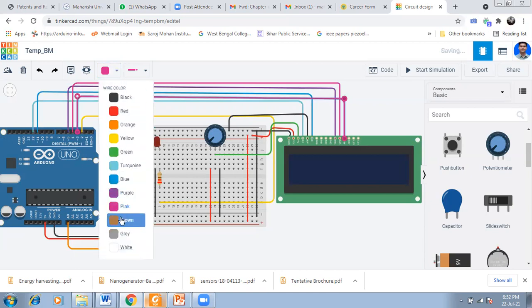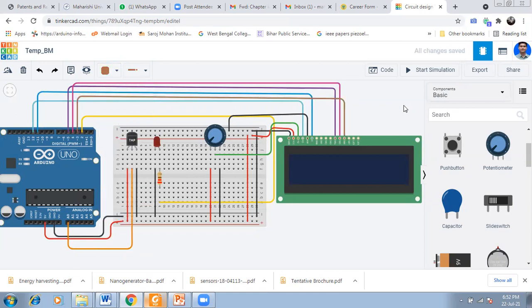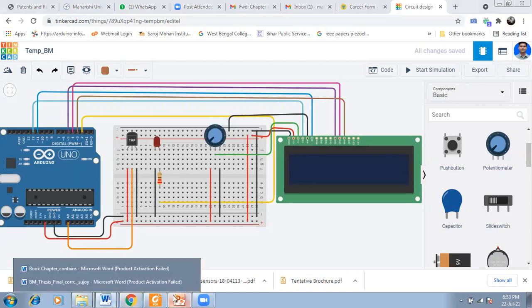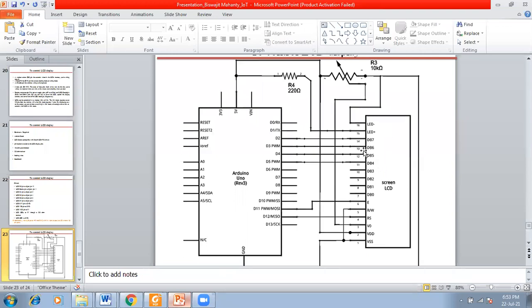Change the color. So 6 connected with 3, and DB7 connected with 2.